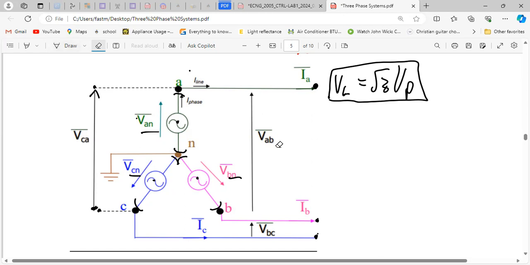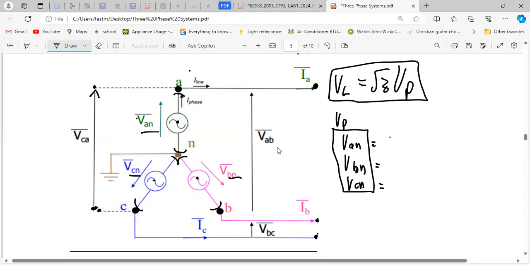So this is your star configuration. You really need to sit down and memorize these. I'll show you the phases, the V phases. You have three: VAN, VBN, and VCN, right? And we don't have to worry about the current because I line is equal to I phase for the star. So you don't even have to worry about the current for those. All right? And putting it all together now,